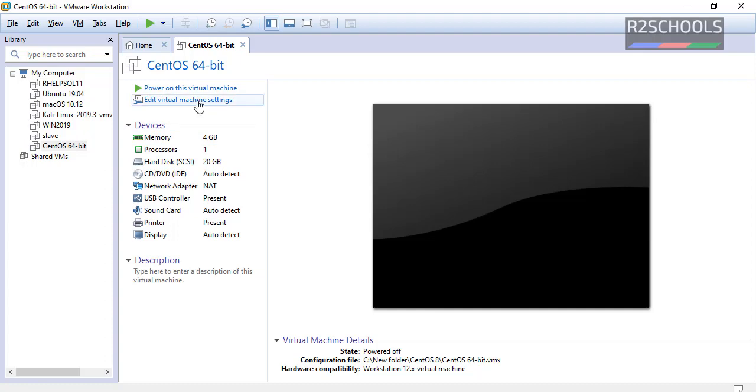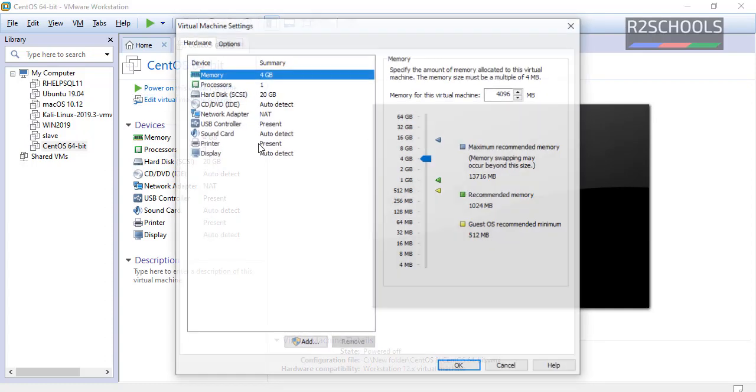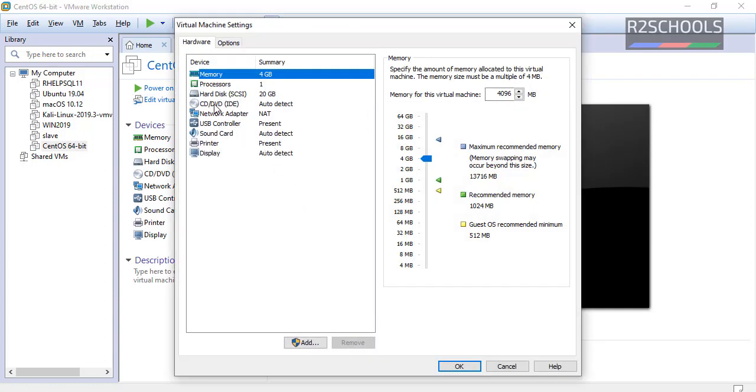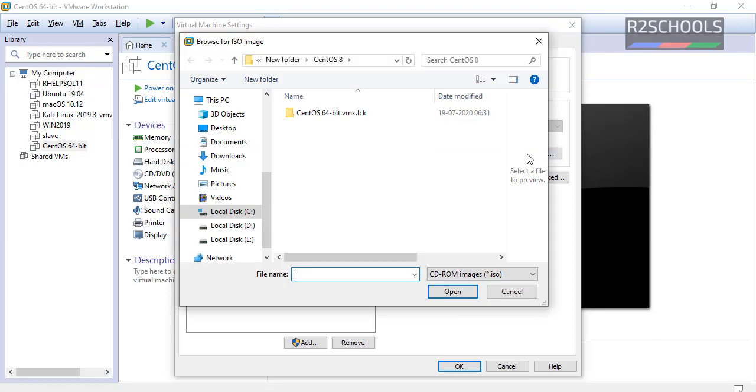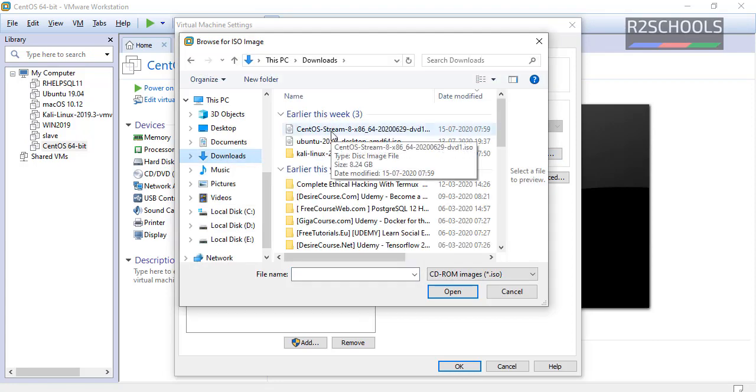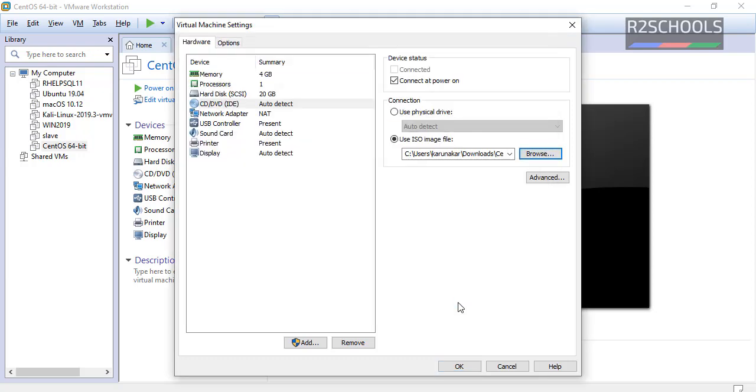Then click on edit virtual machine settings. Now go to the CD/DVD (IDE) option. Select this option to use an ISO file, then browse to the ISO file location. I have downloaded it to the Downloads folder. Select the ISO file and open. Then click on OK.